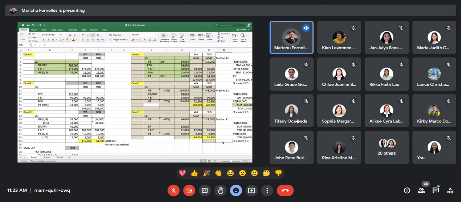But for the first in, first out method, there is an alternative method of computing EP. Only weighted average has no alternative method. Just follow the rule. All finished units will be multiplied by 100%. The unfinished units will be multiplied by the percentage of completion or the fraction completed. So now I would like to introduce the use of method 2.